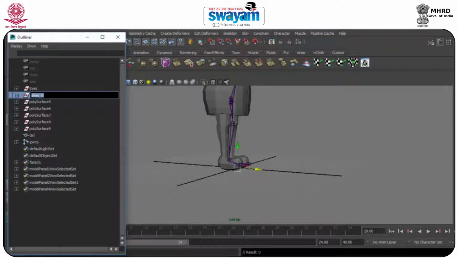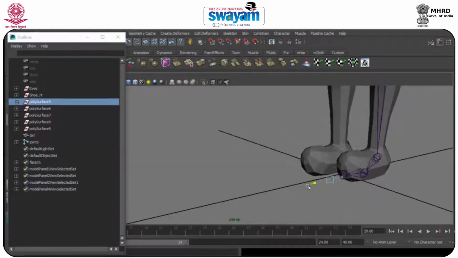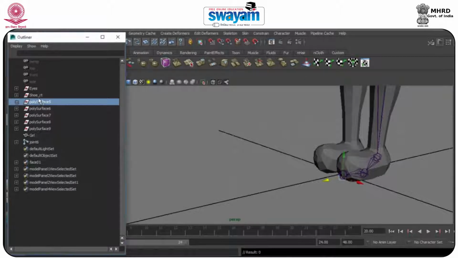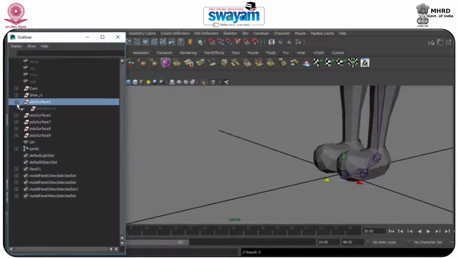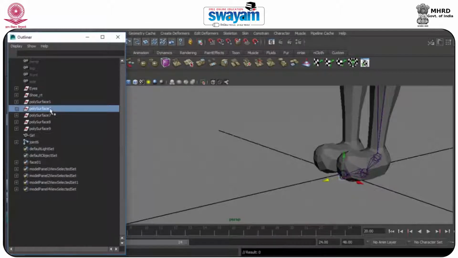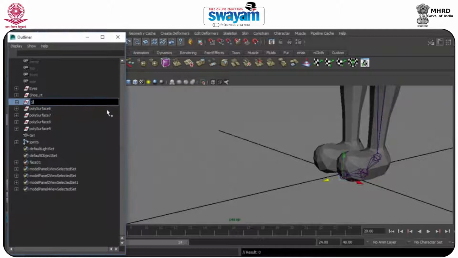We'll use the underscore rt, and underscore 001.